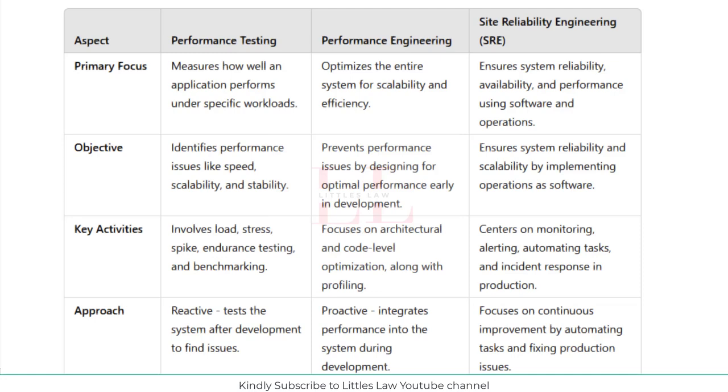during high traffic. And then the third part, which is site reliability engineering. So the primary focus of the site reliability engineers is to ensure the system remains reliable and available by using software solutions to manage operational tasks and prevent outages. So in site reliability engineering, if you notice here, you're not testing anything. You're just checking the reliability and the availability by using software solutions, which are like tools. And you're also going to prevent the outages,